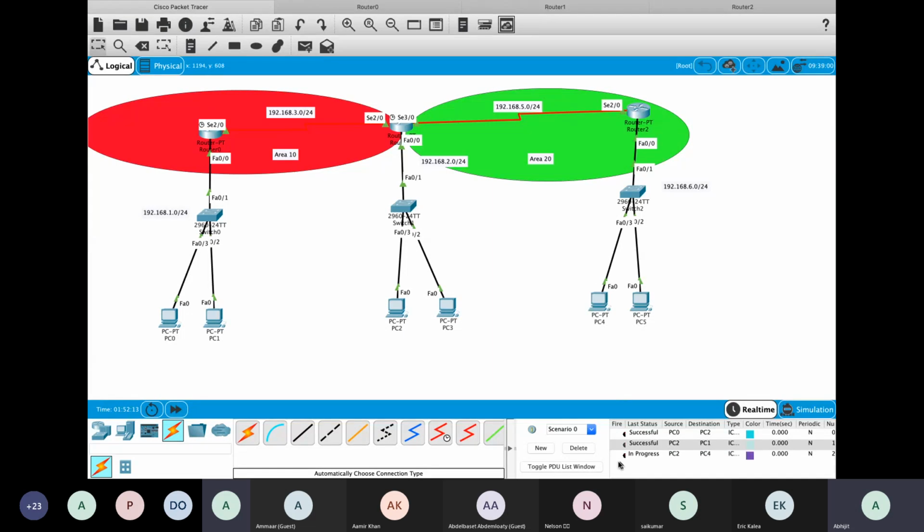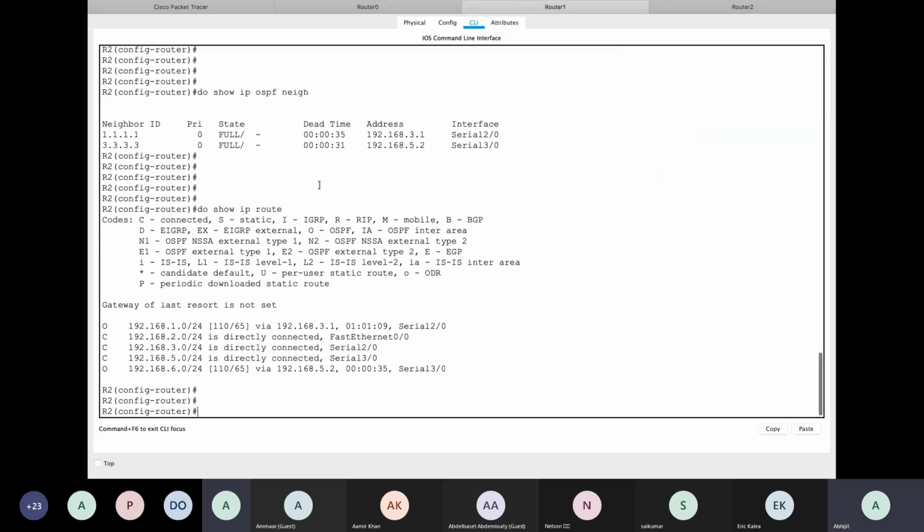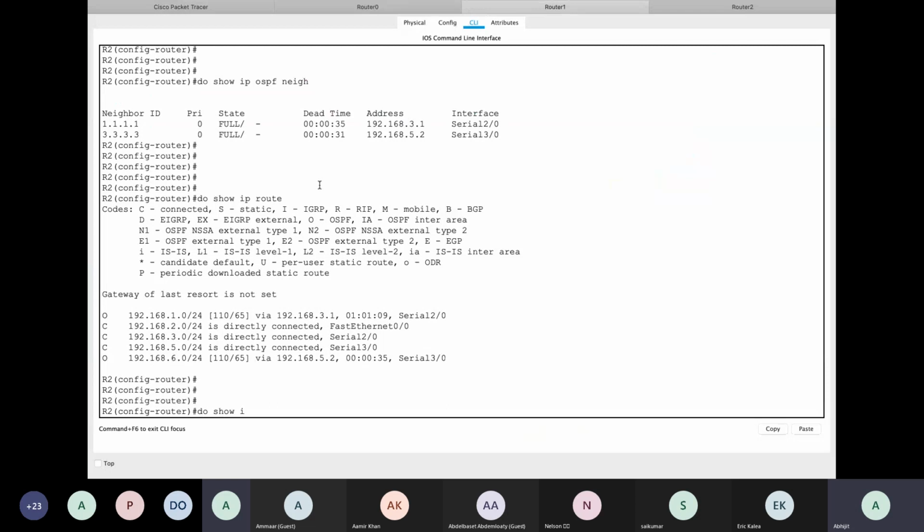the first packet failed, second also failed, so failed. You see, it's being failed. And why is that? Because when I go into R2 and check, do show IP route,